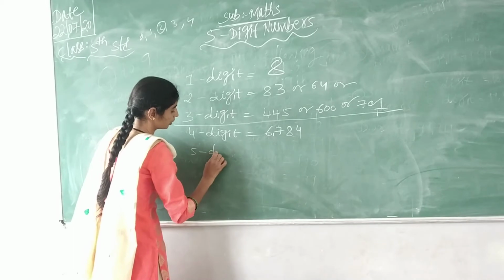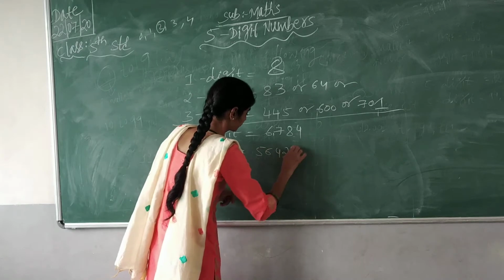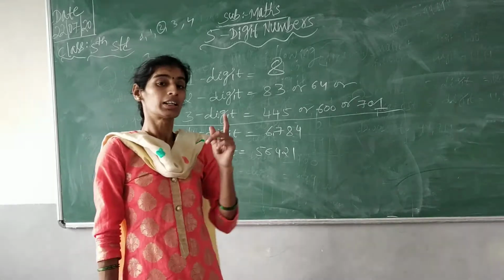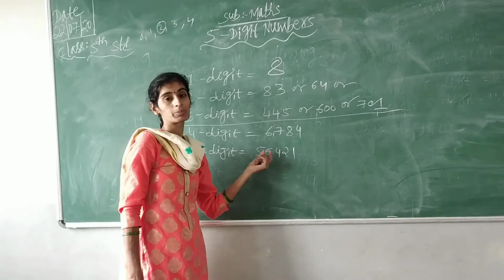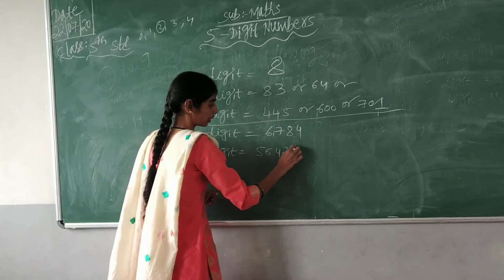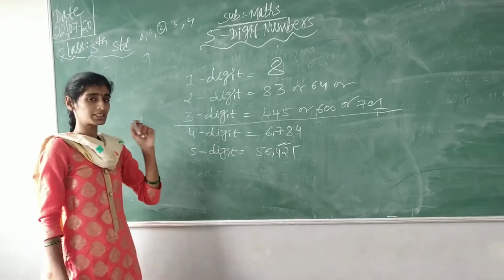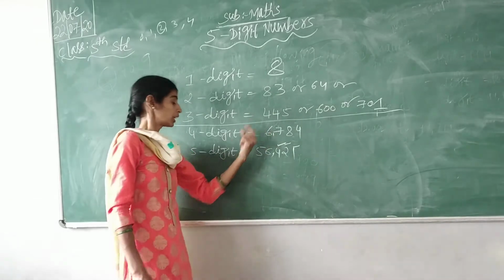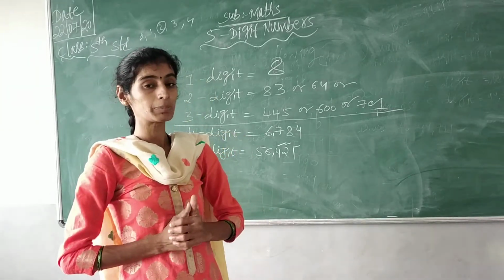Just see, for 5 digits, I will write one 5-digit number. Can you read this number, children, without the comma? No, it will be difficult. That is why we are placing commas, to make the reading of numbers easy. So here also it is the same. From your right, after 3 digits, 1, 2, 3, you have to place one comma. For 4 digits you will have one comma, and for 5 digits also one comma will be there compulsorily. Where to place the comma, keep in mind, children.